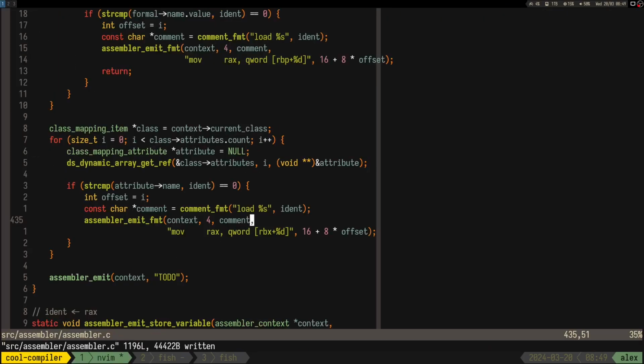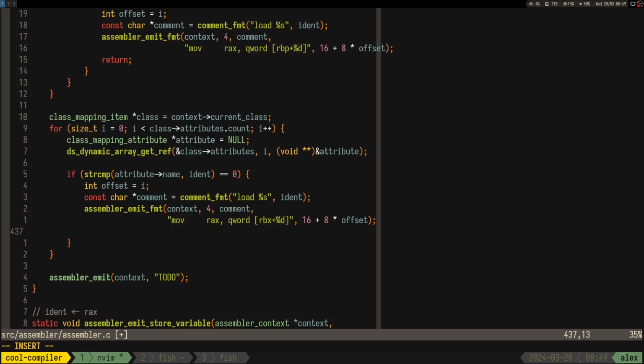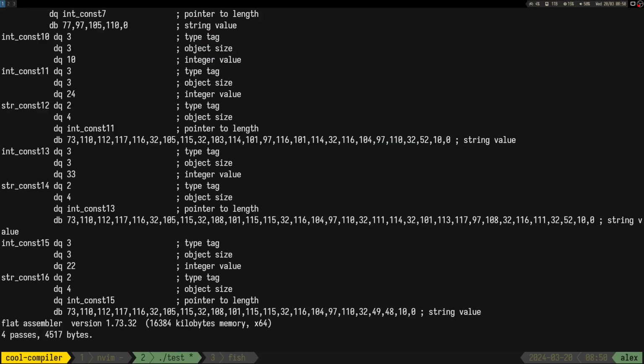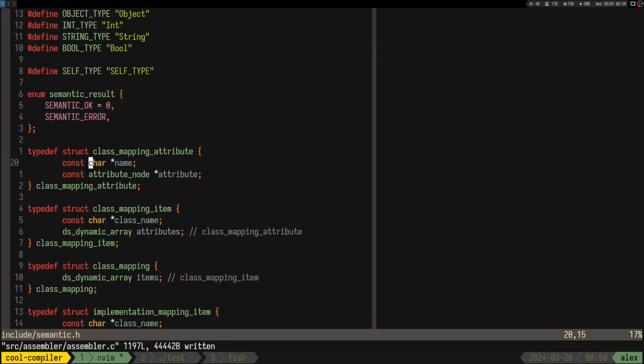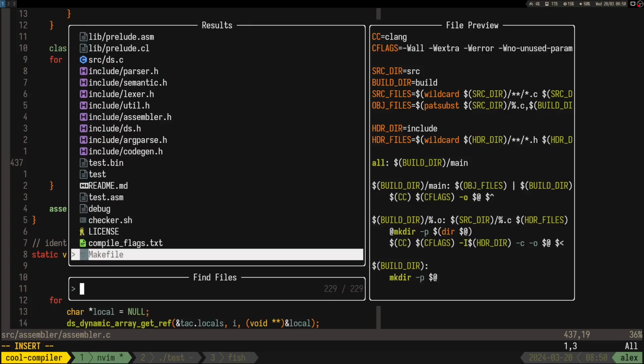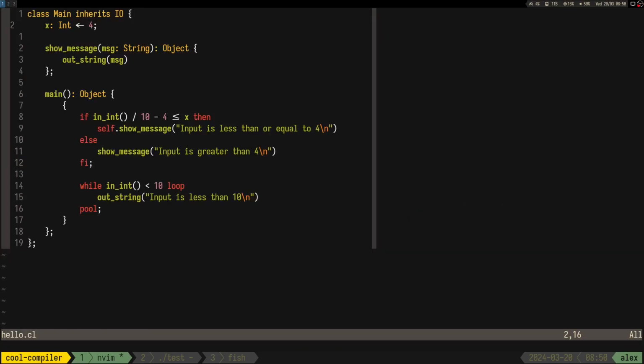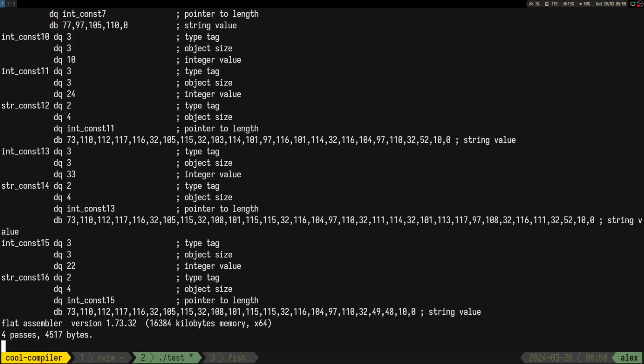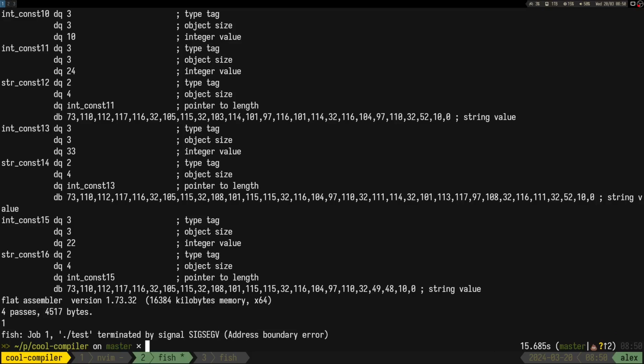We still have a 2 though. Oh, because I forgot to actually return this B. So if we go to hello world, if we try to do any number like 1, it should say it's